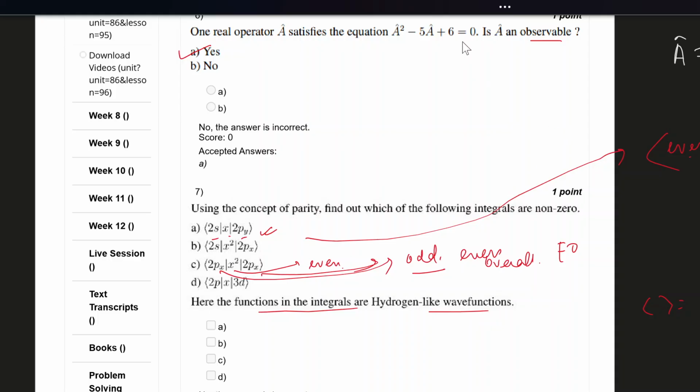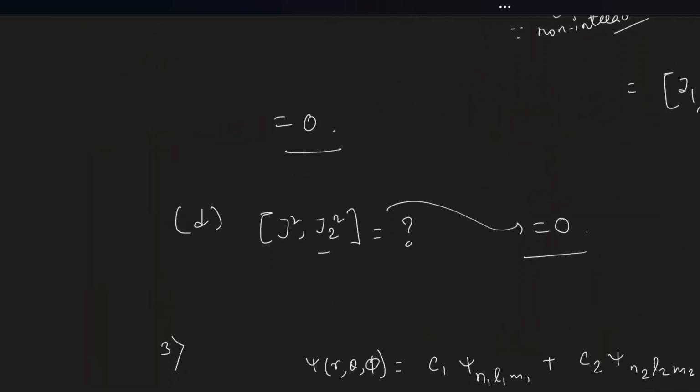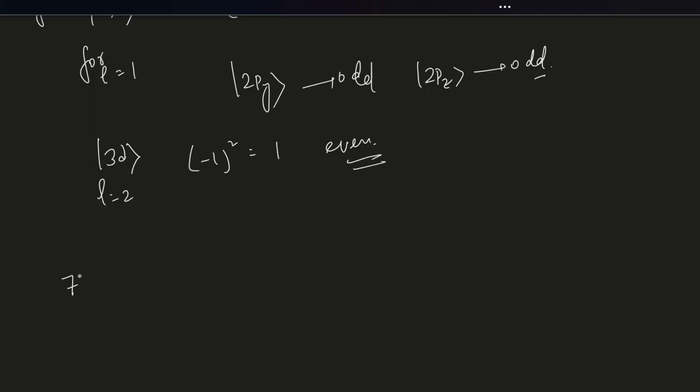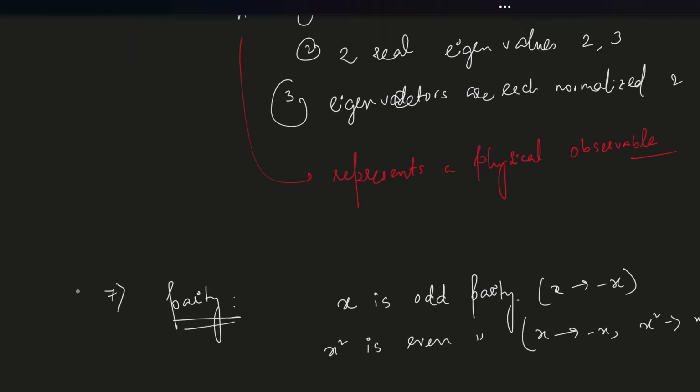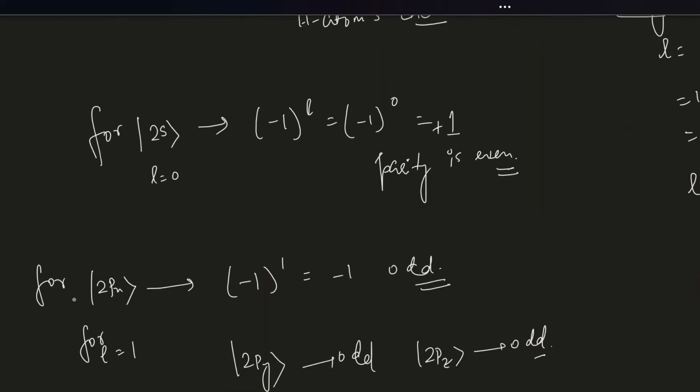So I think we need to, let us take a page and then show which one of them are 0 and which one are non-zero. So this is question 7 continued like that. And so you have these terms, which option number A was 2s x